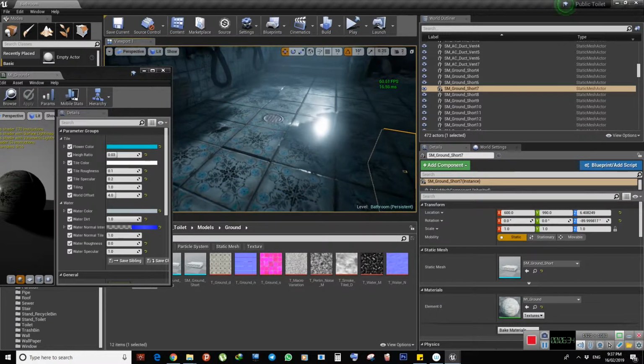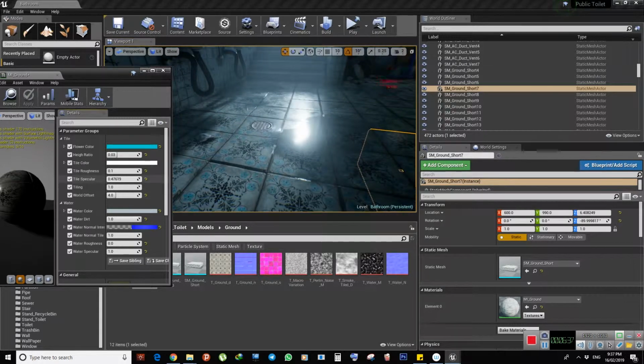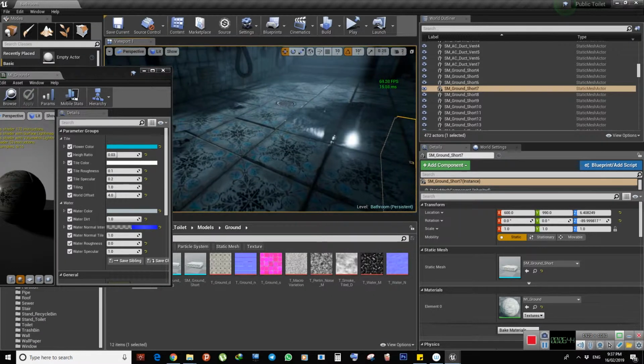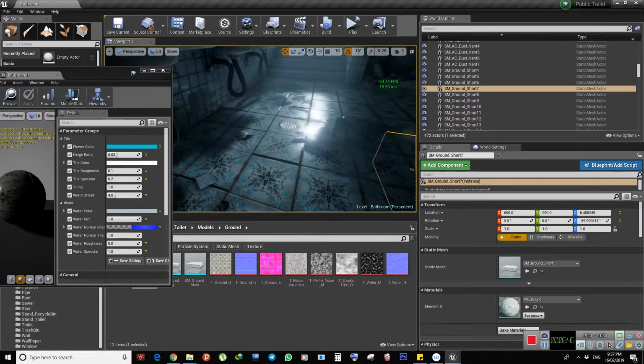We have the tile roughness, so we can change the roughness of the tile. We have the tile specular, and we can change it as needed. We can change the tiling again. And there's another one here, world offset. What it actually does,